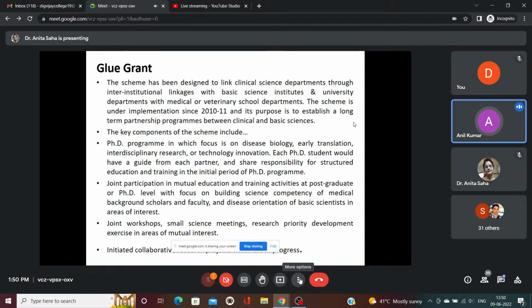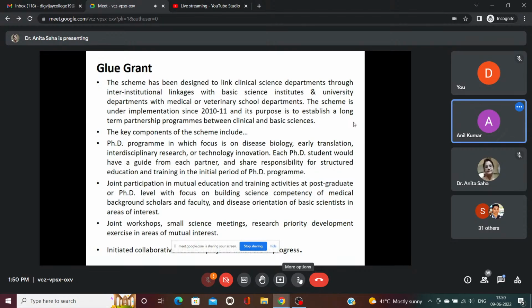So there is a need for clinical investigations, and under this scheme, researchers from different fields, like biological science, social science, chemical science, physical science, and medical science, can coordinate with each other. Then you can apply to DBT for this grant. Definitely, it will be very helpful for our state. I just want to draw the attention of our new investigators, new researchers, towards this scheme of the DBT. It may be helpful for PhD scholars also.